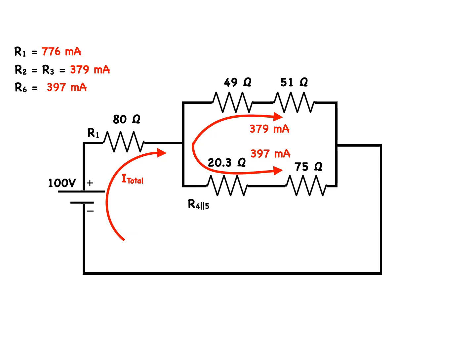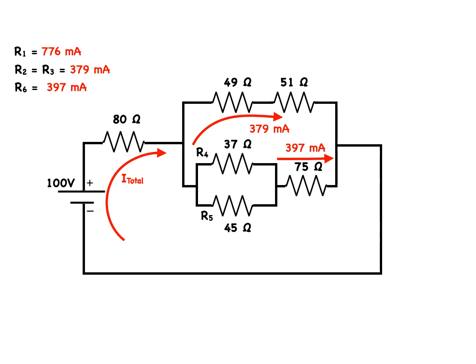In order to find the current flowing through the remaining resistors, R4 and R5, we have to remember that they are in parallel and will look like this. The 397 milliamps will flow through the parallel combination, but split like this in proportions that are determined by the value of the parallel resistors. Applying current division, we can find the current through the 45 ohm resistor, which is 397 times 37 divided by the quantity 45 plus 37, which is equal to